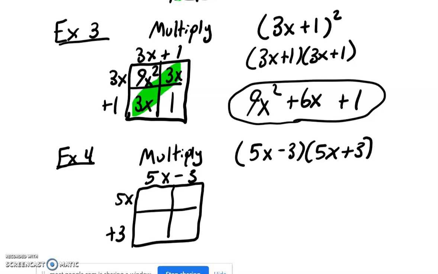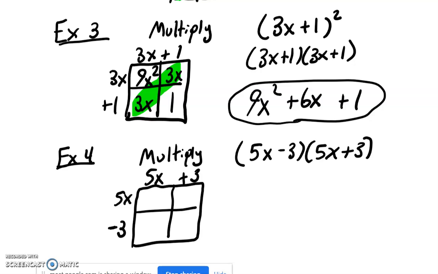Notice that I write the plus right here and not right here. That's important because if it was a minus, so let's just say I reorganized it and I wrote the 5x plus 3 up here and the 5x minus 3 down here. If you write it this way, you're typically going to forget about the minus and it's going to cause you to mess up. That's why I always write it in front of the number so I can clearly visually see,